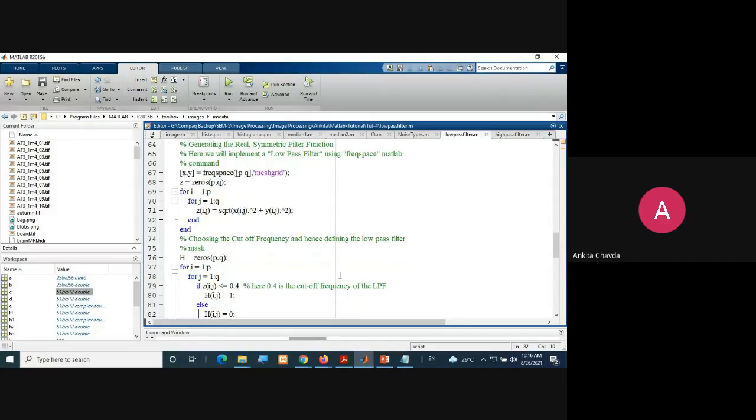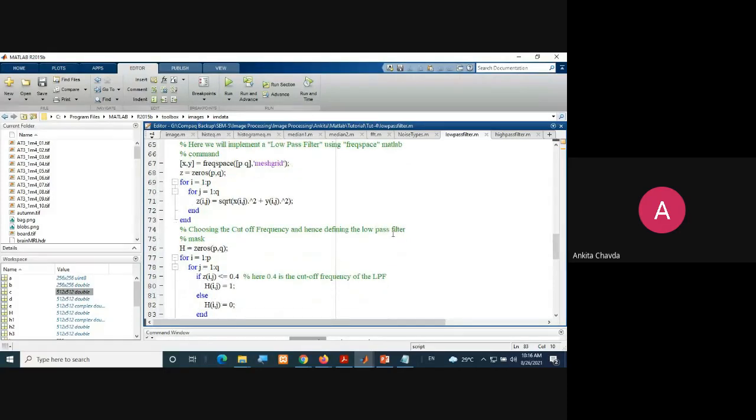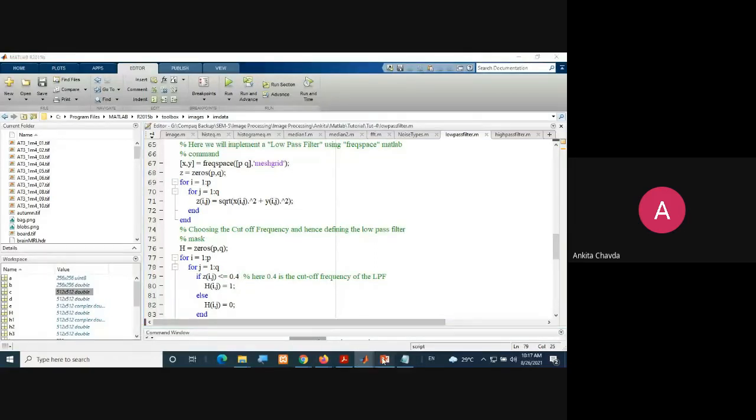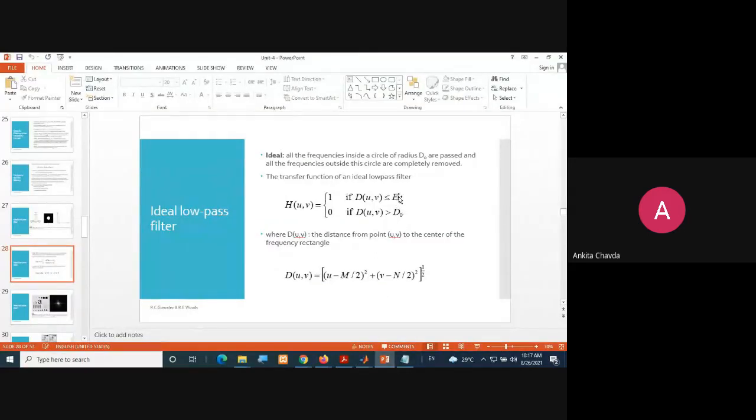Now you come back to your low pass filter. First you take h equals all zeros of pq. Again you will have this loop. Now you check if z of ij is less than or equal to 0.4. This 0.4 is my d0, that static value, whatever I am giving.